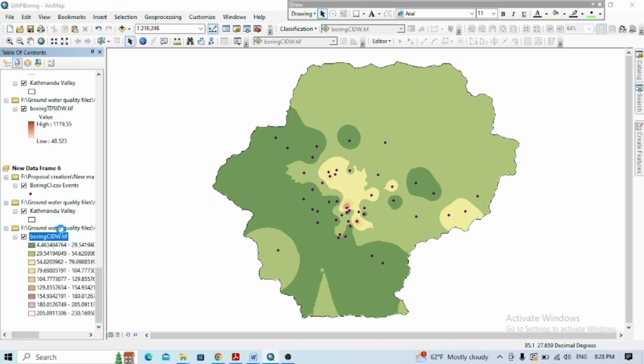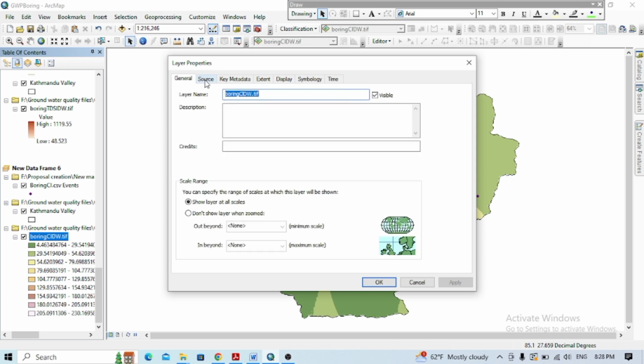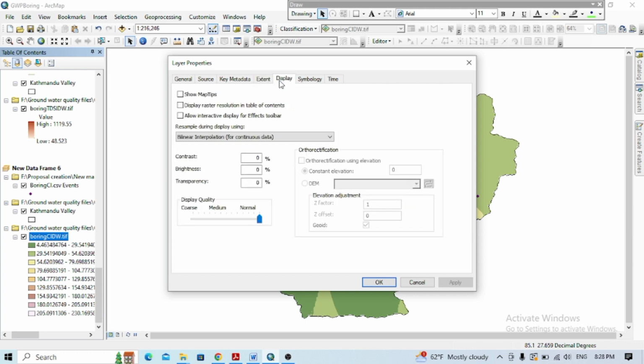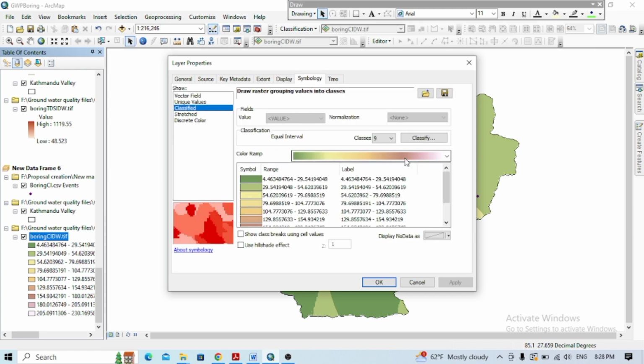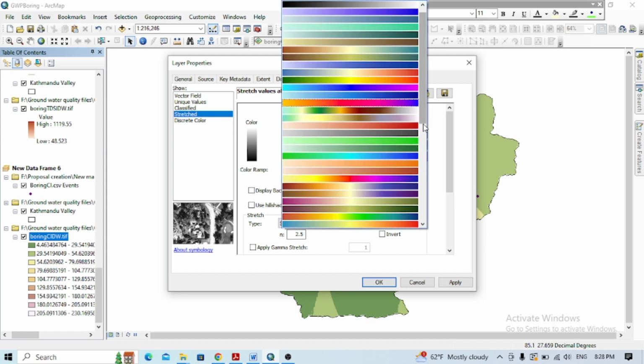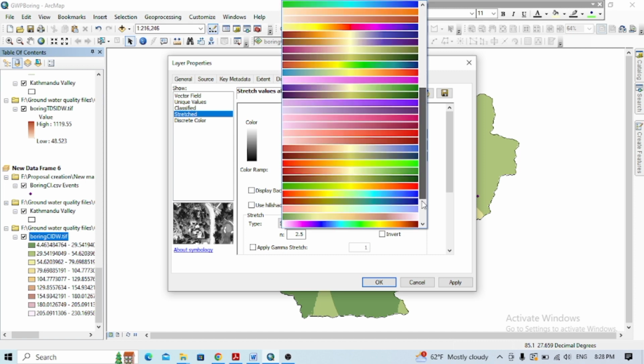So for editing, you can go to the properties. So you'll see the different layer source, extent, value, display here, symbology. So for this I will not classify, so I'll go with the stretched file. Here you can see the high and the low value. To visualize more,